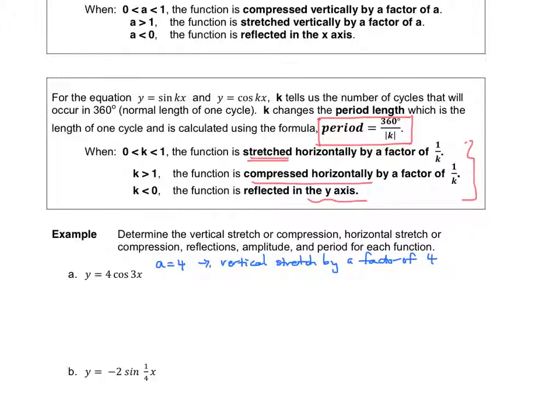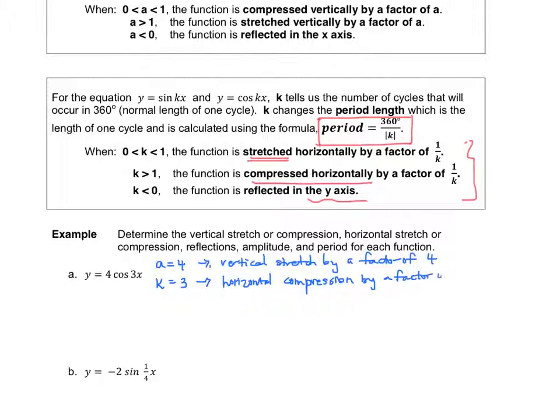So we've taken the original graph of y equals cos x and stretched it vertically by a factor of 4. The k value in this question is 3. And looking in the chart above, we can see that when k is greater than 1, we're dealing with a horizontal compression. And now you see what I mean about how this seems backwards. You would think that that would be a stretch, but when dealing with the k value, it's backwards. So this will be a horizontal compression